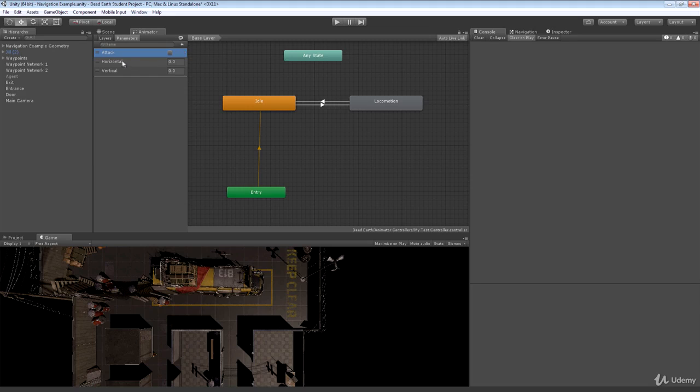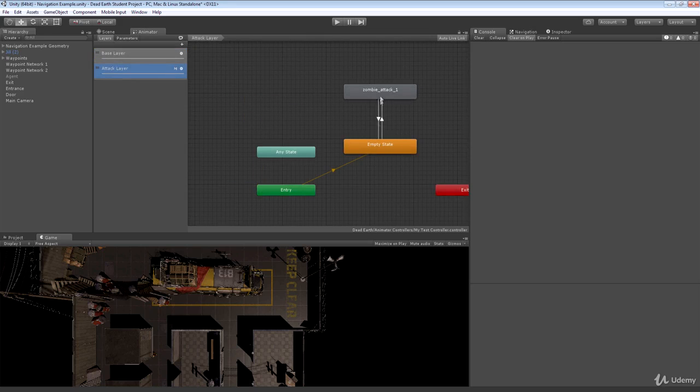So what I'm going to do is delete this parameter, because unfortunately you currently can't change the type of a parameter, which is kind of annoying, because when I delete this parameter and then create a new parameter with exactly the same name with a different type, I think that's going to have messed up my transitions in the attack layer, so I'll have to reset them again. So I'm going to delete this parameter. If you're watching this and you're thinking, Gary, you fool, there is a way to change the type, you just don't know it, then hey, hands up, I don't know it, please let me know. So there you go, I'm going to call this trigger attack,